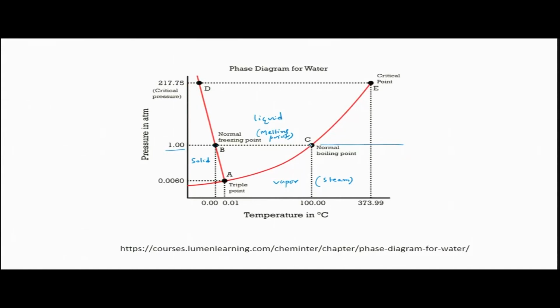The practical freezing point would be a little less than the actual thermodynamic melting point, but this is the thermodynamic melting point, and this is the thermodynamic boiling point. Now, at a fixed pressure at two different temperatures we have boiling and freezing, and for example, in Kanpur or at normal 1 atmosphere pressure, water evaporates at 100 degrees Celsius.